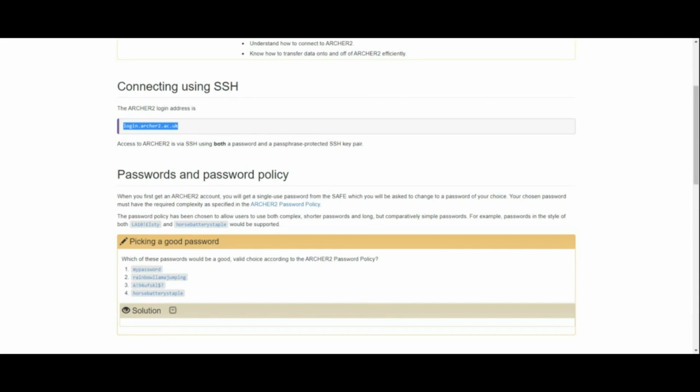And just like with the current ARCHER system, and particularly based on the security issues we had earlier in the year, we now run this two-factor authentication mechanism for accessing the system. So you need a password, which you should hopefully be able to get from the SAFE site, and an SSH key, so a password protected SSH key pair, which you can upload the public key for on the SAFE site as well. Even I find this slightly annoying, having to go through these extra hoops to secure access to the system,